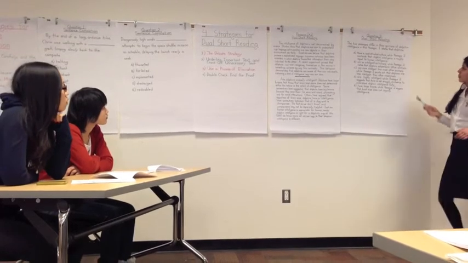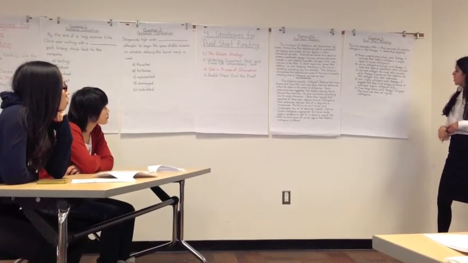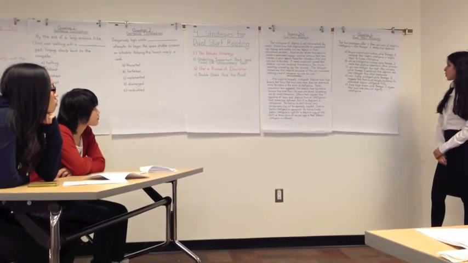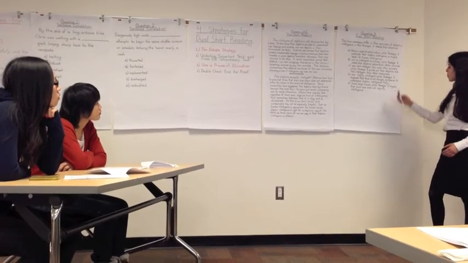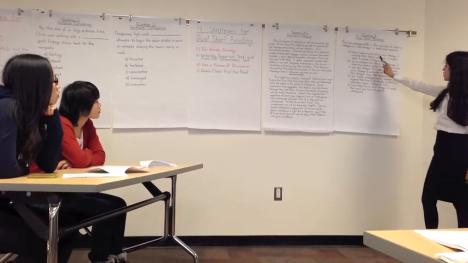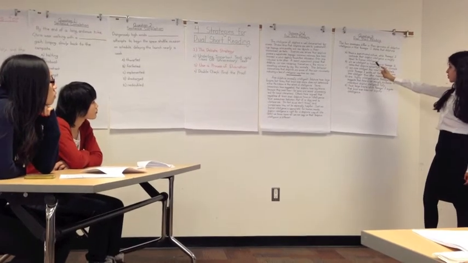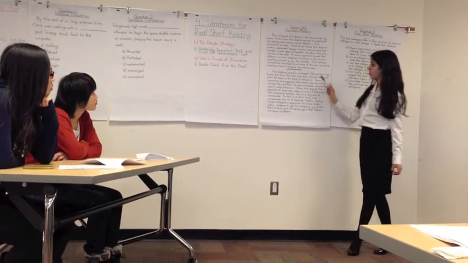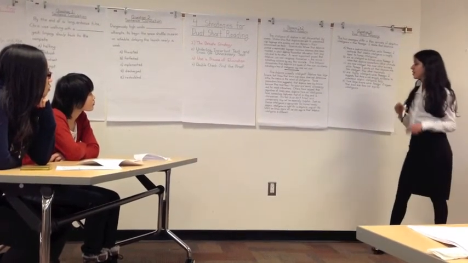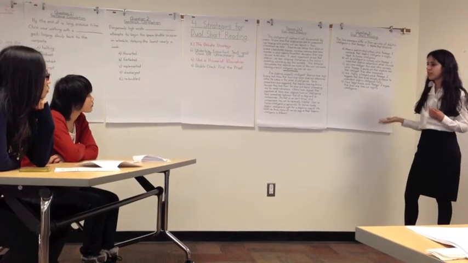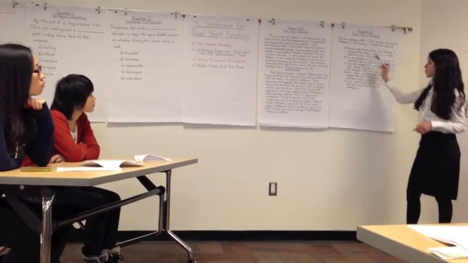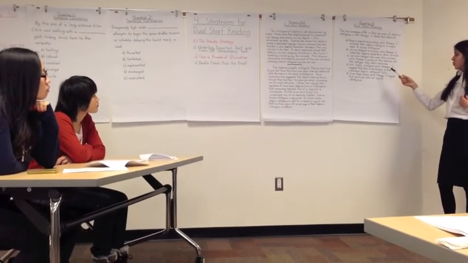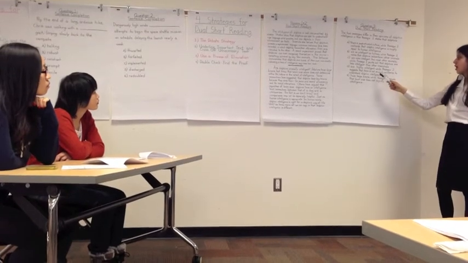And for answer A, it says dolphins in passage 1 share a sophisticated culture, while passage 2 contends that dolphin intelligence is roughly equal to human intelligence. The first part of this is right. However, passage 2 contends that dolphin intelligence is equal to human intelligence. As you know, when you thought about the main argument of author B, he doesn't think that you can even compare dolphin intelligence to human intelligence. So that answer would be wrong and you could cross it off. And that just leaves you with answer D,